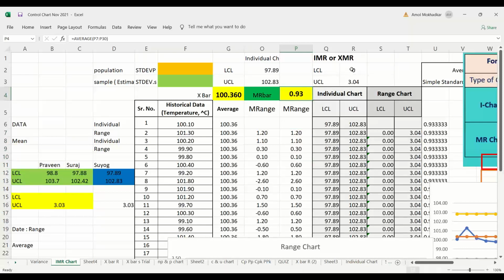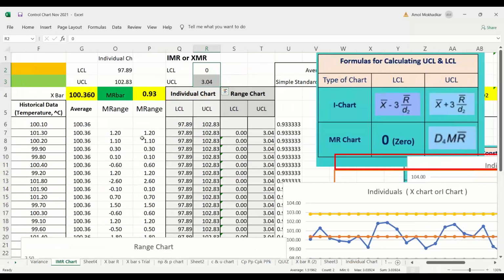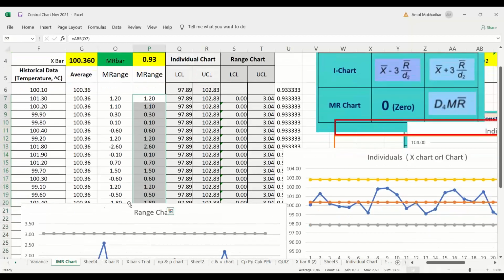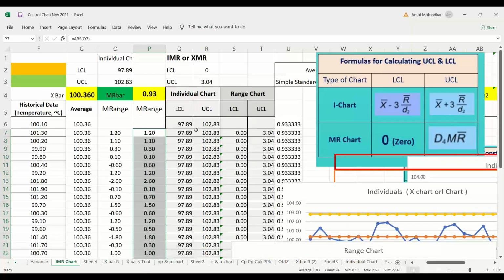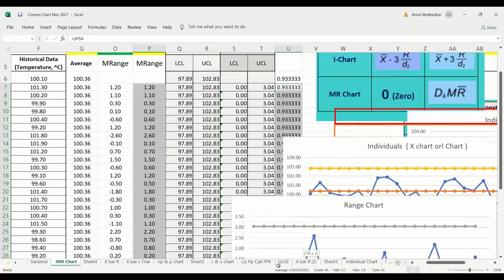Then you need to calculate the LCL and UCL. This is the LCL and UCL. So now you have the individual data. I will select this individual data. Then you require the average, this 0.933 is the average.